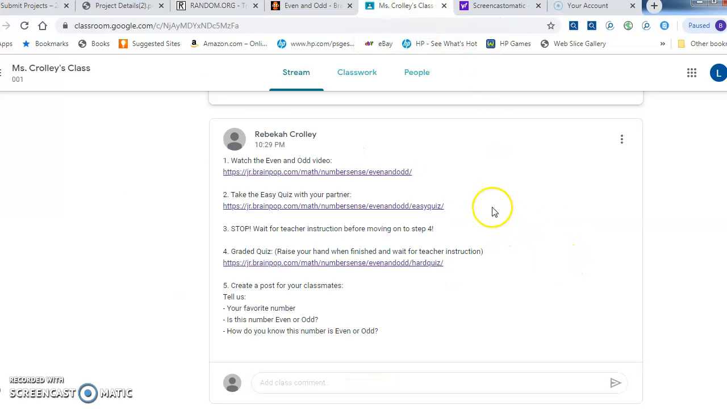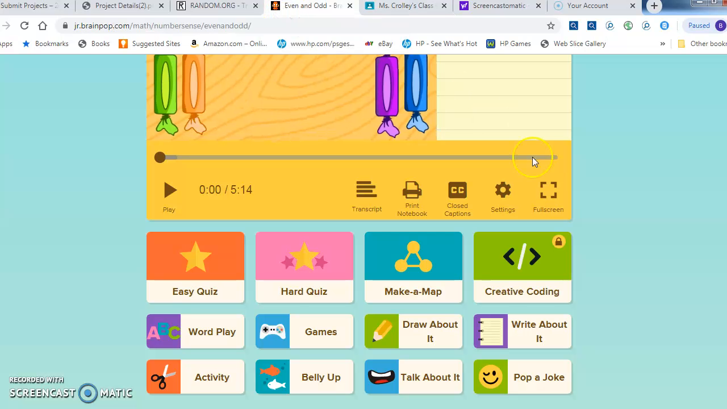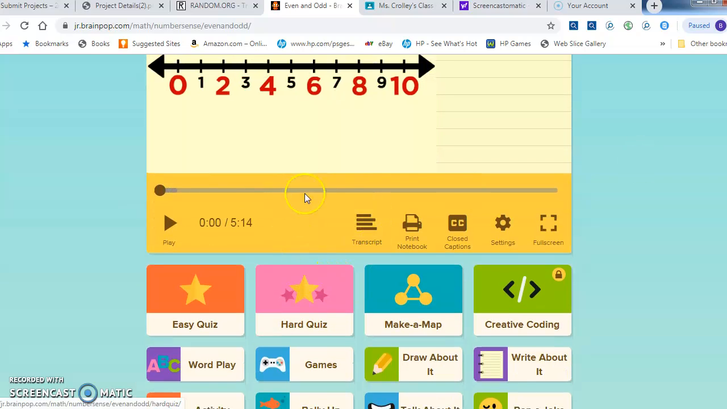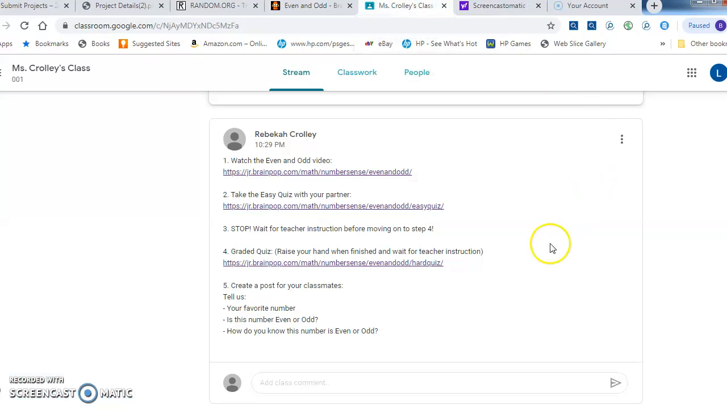If they would like to log in and go to the hard quiz on the BrainPop Junior website, they could log in here and go back, use this link to go to the quiz, or they could access the quiz here on the website just by clicking the link for the video. After they finish the quiz, they raise their hand for me to come check their progress and their results and